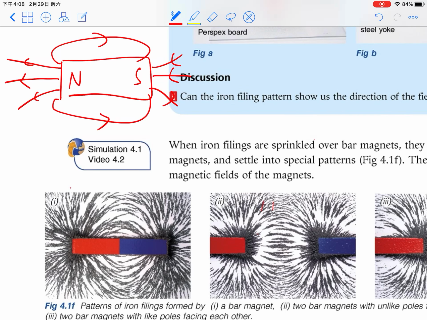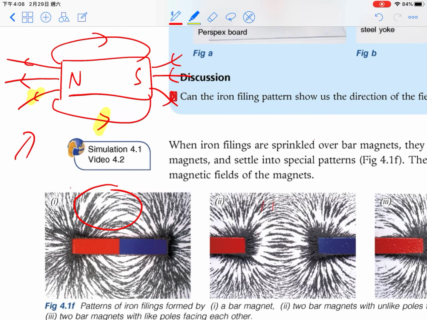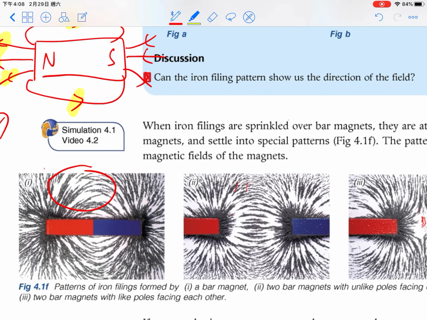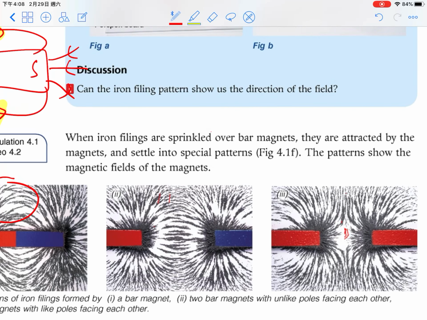So what is the difference between the experimental result and our drawing? The answer is direction. For a drawing, you need to show the direction of the magnetic field. But the experimental pattern cannot show you this. And secondly,